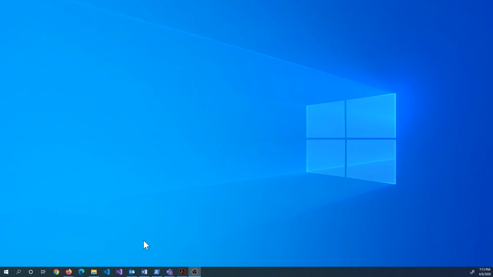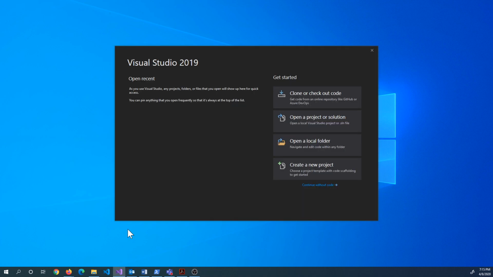First thing we're going to do here is we're going to start up our Visual Studio. That's going to present us with a window here to choose what type of program project we'd like to create. So we can clone or check out code from different repositories online, or open existing projects or local folders. But what we're going to do in this case is we're going to create a brand new project, and it tells you here we get the chance to choose a project template, some code scaffolding to get started. So that's important. So it's going to give us a lot of the fundamental foundation pieces that we need to just run the program quickly, and we can just get to editing our code. So I'm going to click on create a new project,